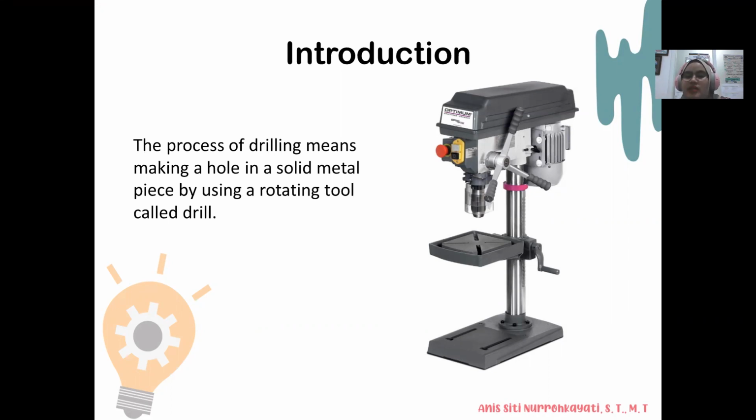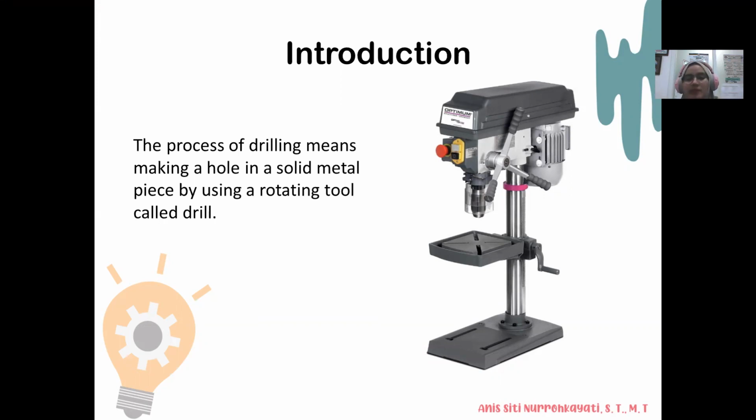In our daily life, we can also use a drill machine to make a hole in the wall of our house if we want to hang a photo on the wall. In our house, we have a portable drill, or drilling with a hand,